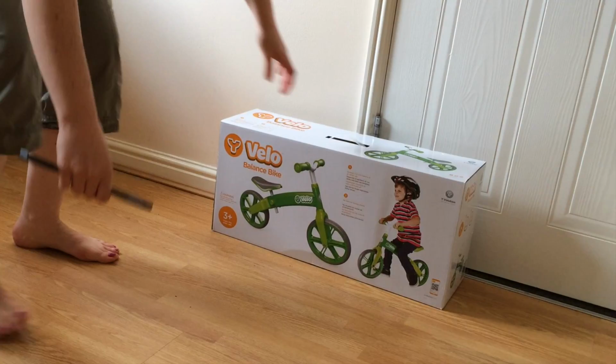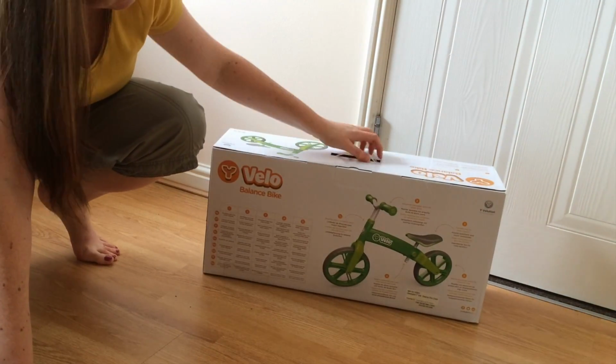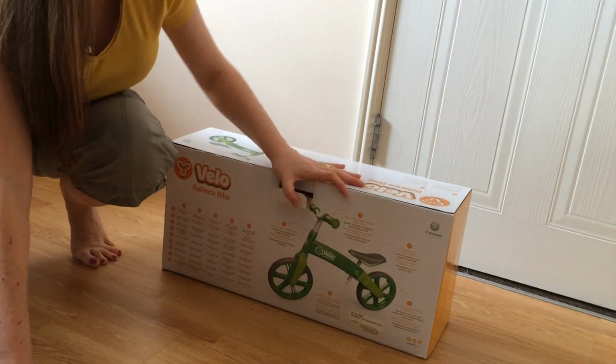Hi, MotherGeek here. Today I'm unboxing this Yvolution Velo Balance Bike in green, suitable for children aged 3 and over,